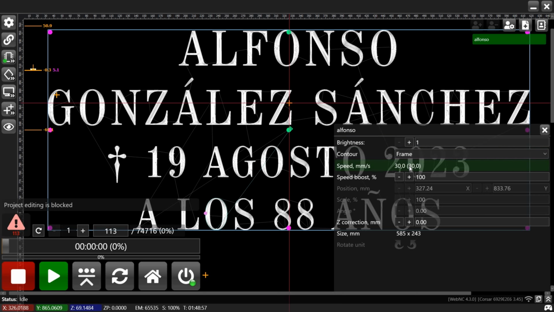Here we have speed regulations. We can increase or decrease the speed. Here we have the position of the object indicated. We can also increase or decrease the size of a G-code. This function can be very helpful in certain cases. However, in order not to lose the precision of fine detailing, it is advisable to keep the alterations of the G-code within the limit of maximum 3 to 4%.